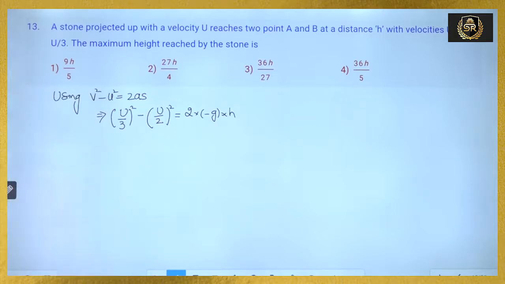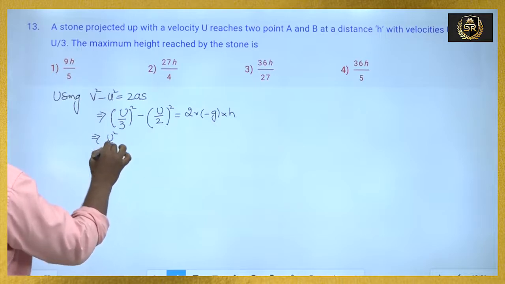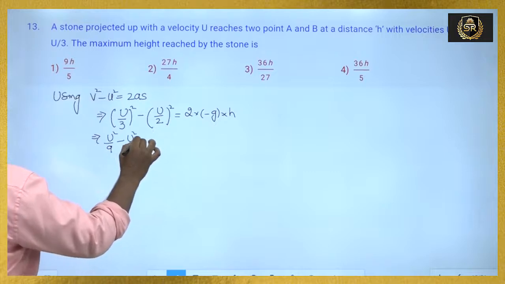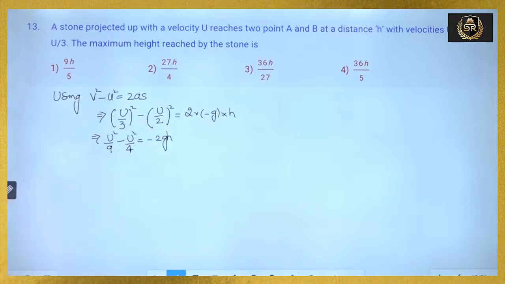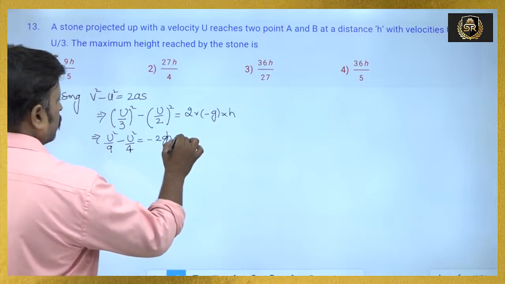Okay, so how much it is? u square by 9 minus u square by 4 is equal to minus 2gh. Okay, so if you take the LCM here in the left side,